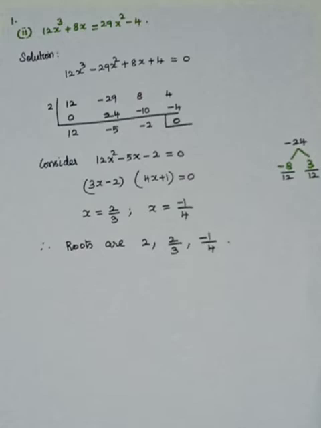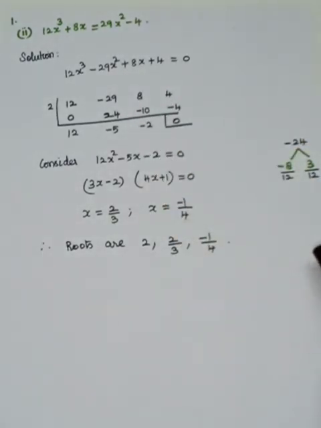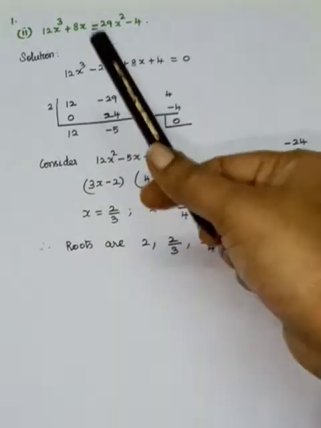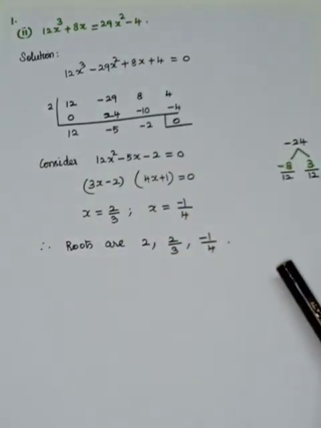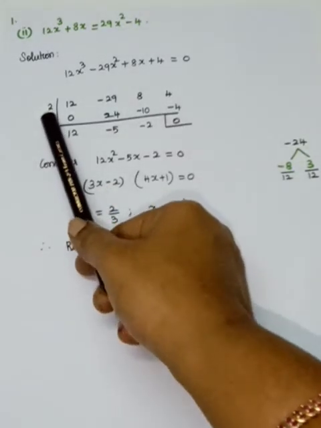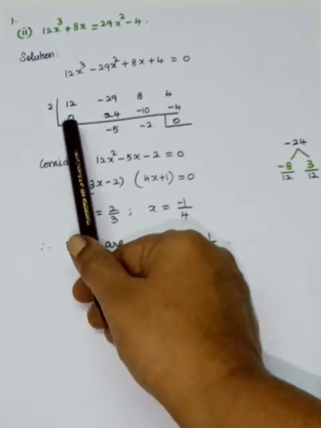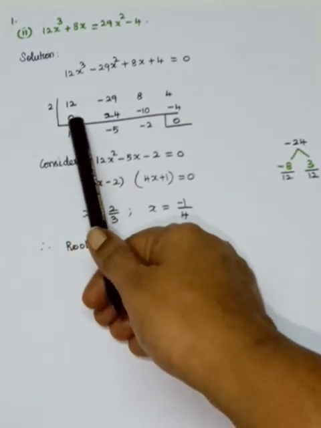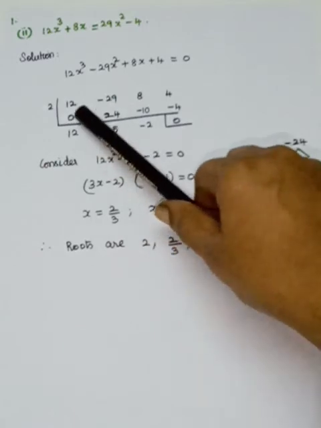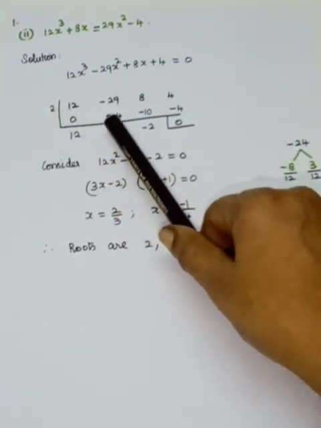So see that here we have to use the trial and error method. So I am using the synthetic division. I am going to find one root by using trial and error method. So I will substitute 2 here. For the synthetic division, the first term should be 0 here. We have to substitute 0. So it is 12 plus 0 is 12. 12 into 2 is 24.